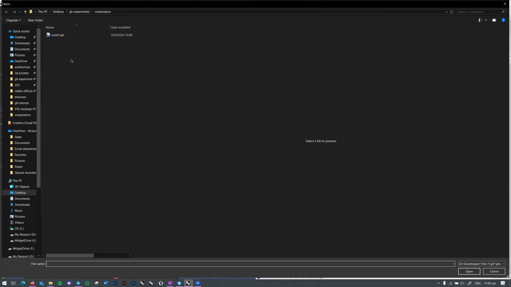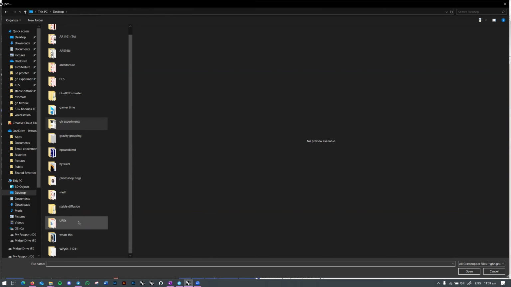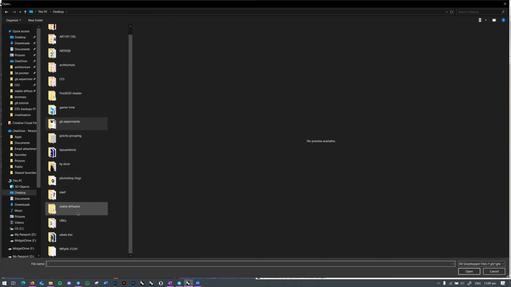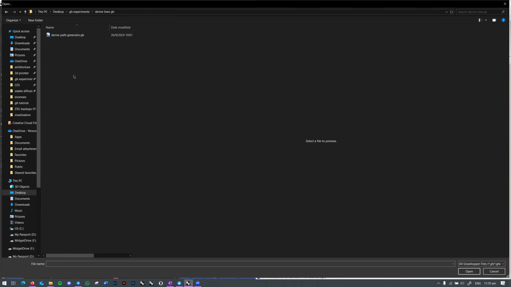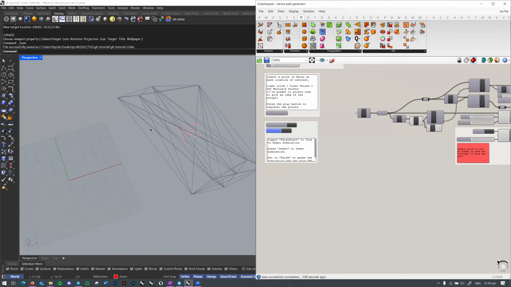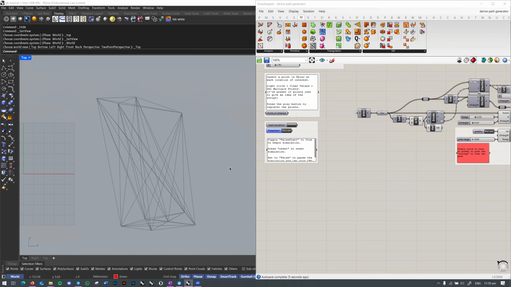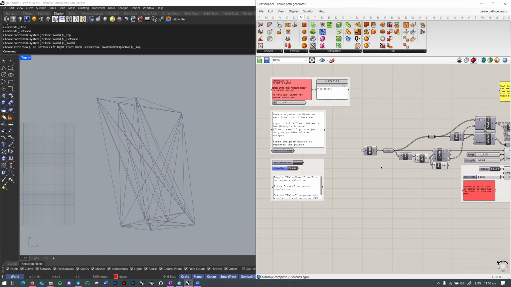So I created this file some time ago. What's it called? Wait, where is it? Oh, it's a path generator. Okay, so this is a script that mimics